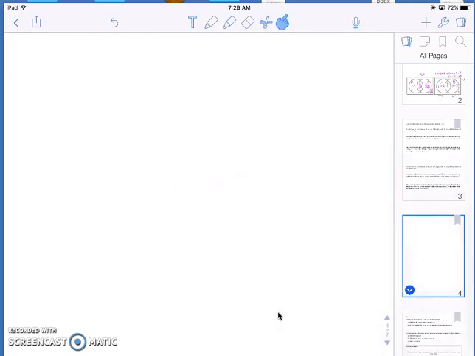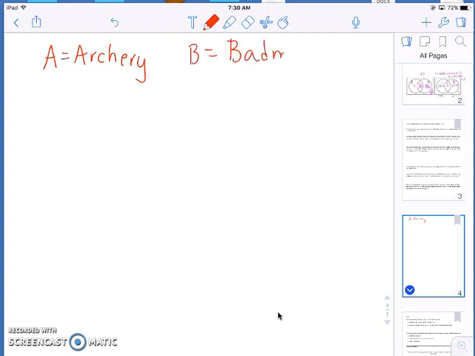So, we're going to take a look at some notation. So let's go back to that archery and board game. If A equals archery, or badminton, excuse me, and B equals badminton, if we saw the notation A intersection B,